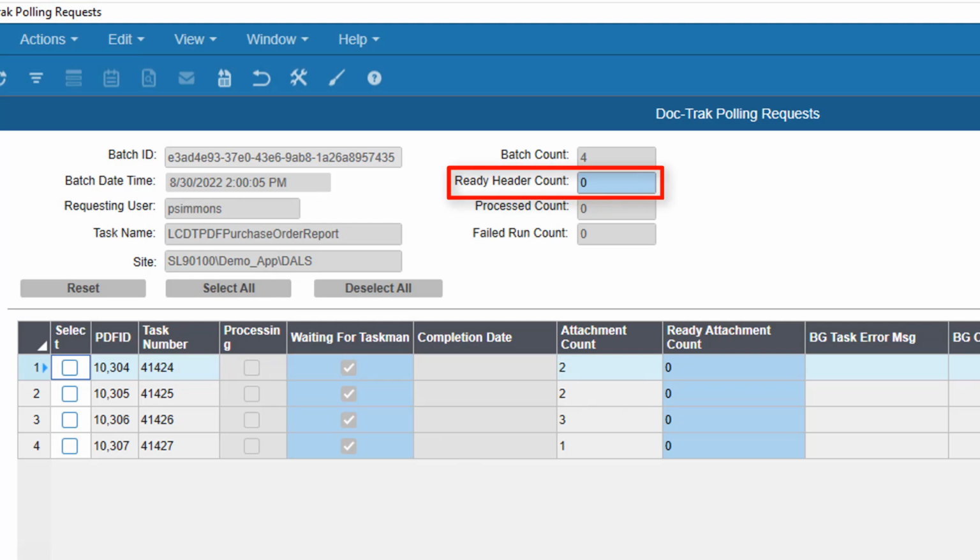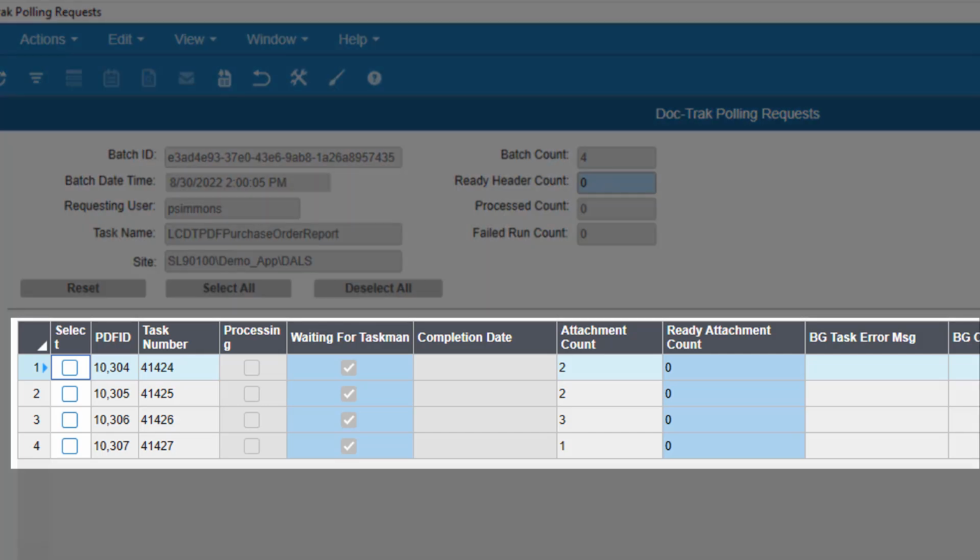You'll note that the second field is blue. We use blue to highlight the field that represents the current stage in the process. This field is blue because the reports are still getting ready for processing. The table below displays detailed information about each report requested in the batch.